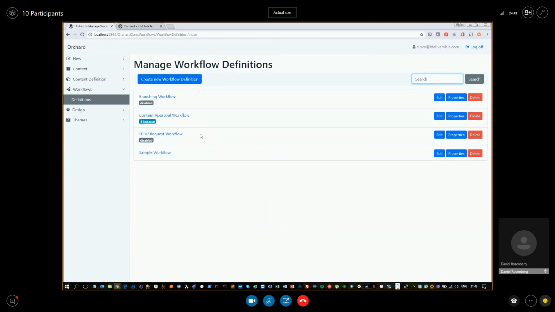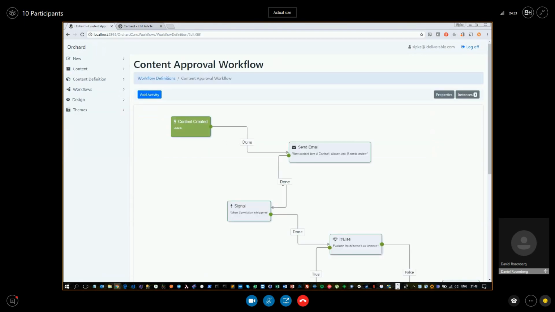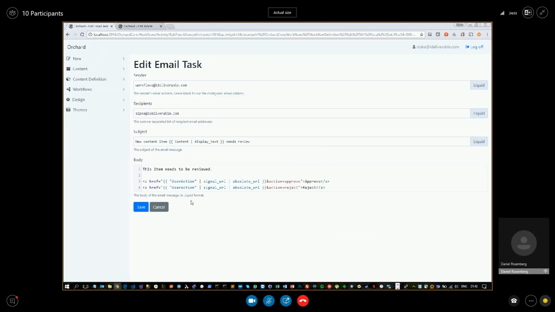Sipke, did you say that you had Liquid support also in the fields like recipients and subject? Yes. So that means you could, for example, have a Liquid loop construct to send it to many recipients. Well, we can do anything that Liquid supports. So if Liquid supports that, then yes.